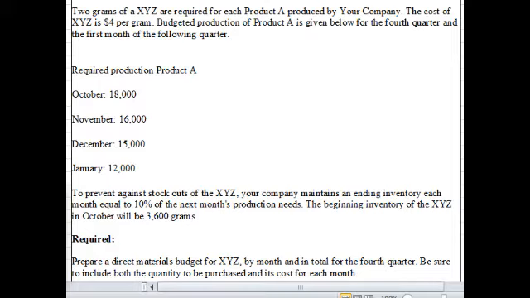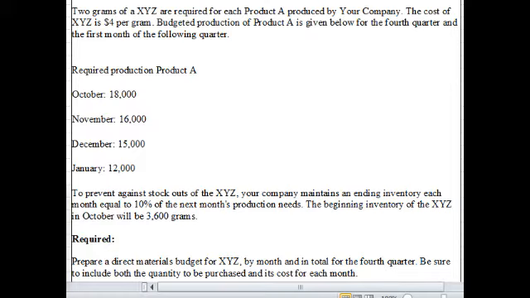produces a product called A, and this product requires 2 grams of XYZ. What is XYZ? It's just a made up name. Anyway, the cost of XYZ is $4 per gram, and budgeted production of product A is given below for the 4th quarter and the 1st month of the following quarter, and it gives you the breakdown of the production budget